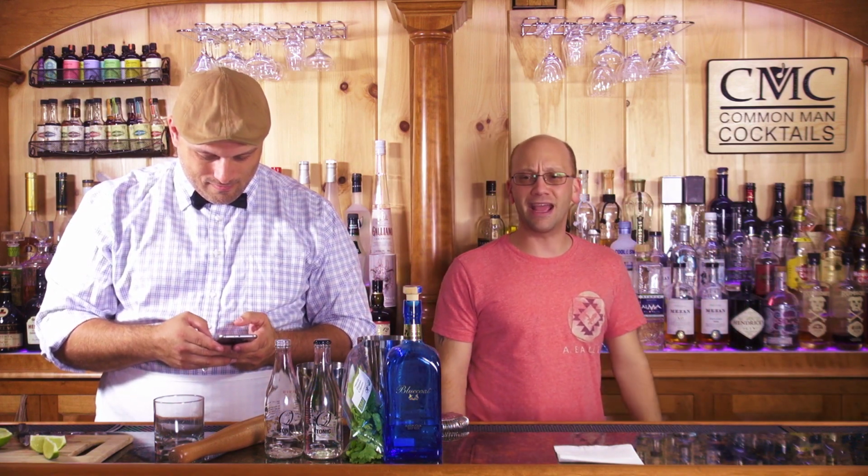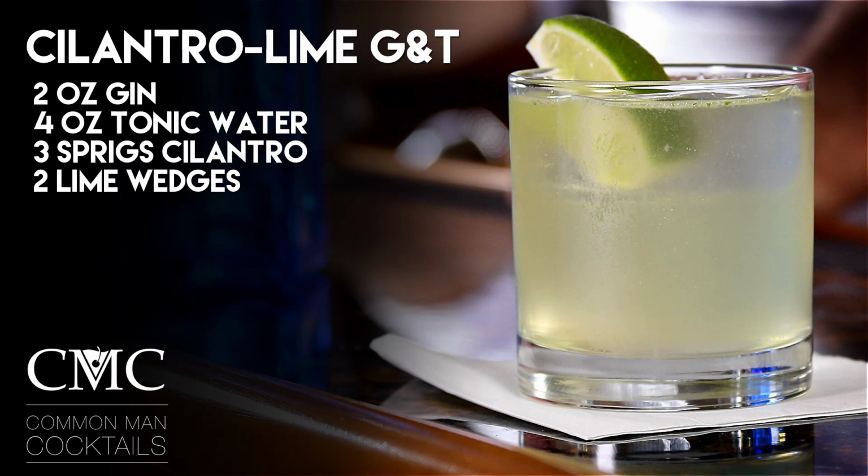The cilantro, lime, gin and tonic for Gin and Tonic Mondays. This recipe is 2 ounces of gin, 4 ounces of tonic water, 3 sprigs of cilantro, 2 lime wedges,